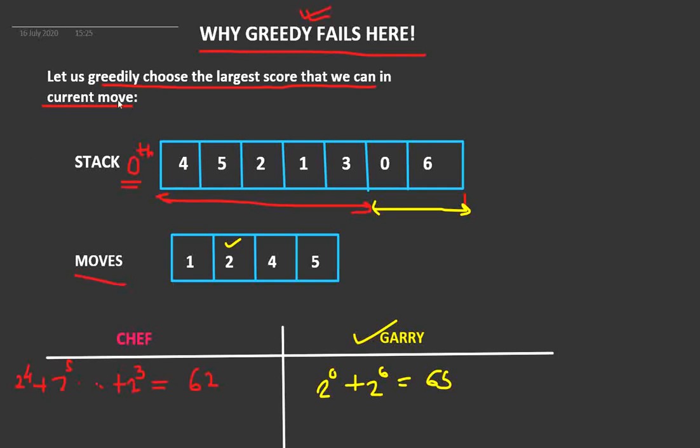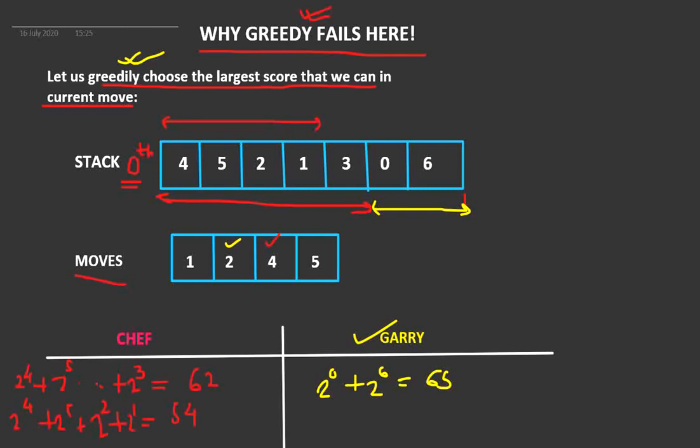Okay, so now I'll show you another approach where we don't use this greedy method from the very first step and we choose a different set of moves. Okay, so we are again at the 0th index. Chef is playing the move and let's say he chooses 4, right? So he reaches here. So this is 2 power 4 plus 2 power 5 plus 2 square plus 2 power 1. So this value turns out to be 32 plus 16, 48, and 4, 52, and 2, 54.